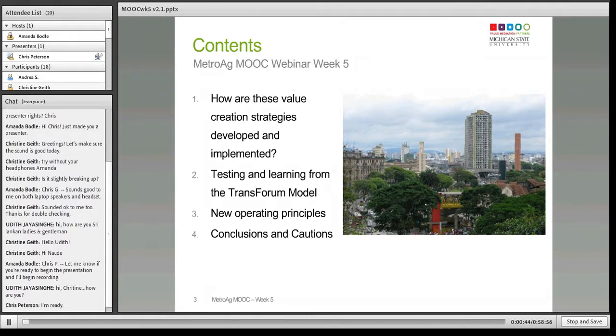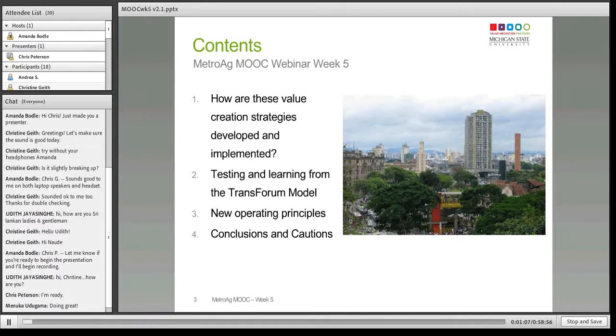Hopefully at this point in the MOOC, you've already begun to think about how you would apply these things in your own setting. Well, I had the experience of working with the Transforum staff over the 6 years of the Transforum project in the Netherlands. I had served on the International Advisory Board for the whole project. So as a board member, I had a vantage point throughout the 6-year history on the various things that Transforum did and the various projects in which they were engaged.